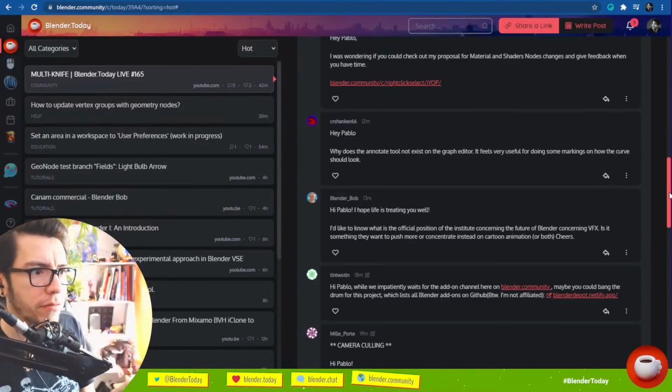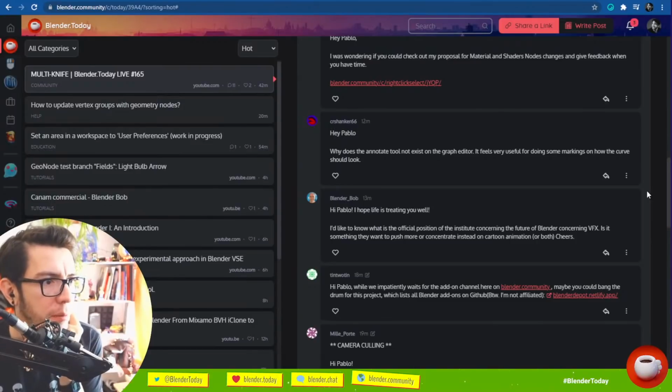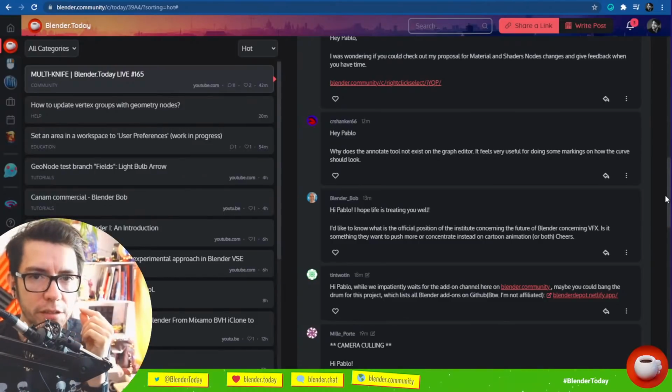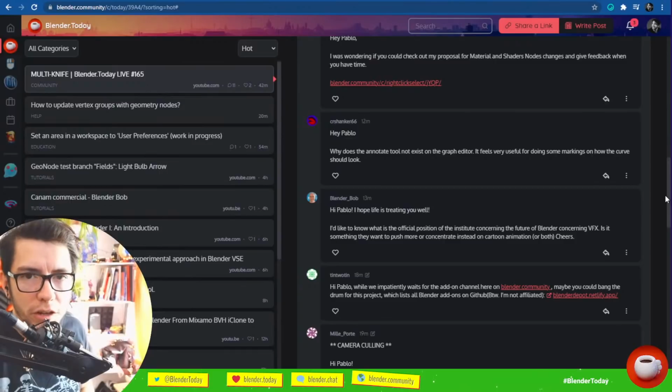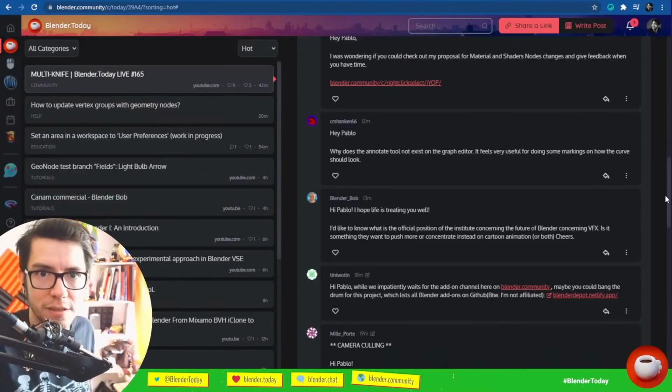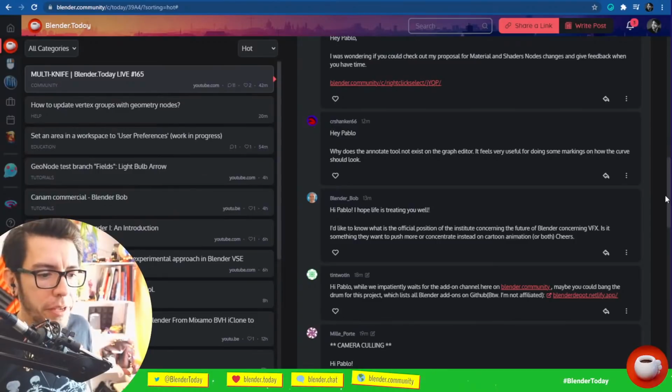No, I don't think it's focusing on cartoon animation. The fact that the current open movie has a cartoon look doesn't mean that the focus of the Blender Institute is on making cartoon films. I think you can achieve a lot with this. Right now the development that is going on is mainly around geometry, so it doesn't have anything to do with the rendering. With the changes in Cycles and the position pass added this week, the improvements for linking or light groups and stuff, those are going to be great for VFX.